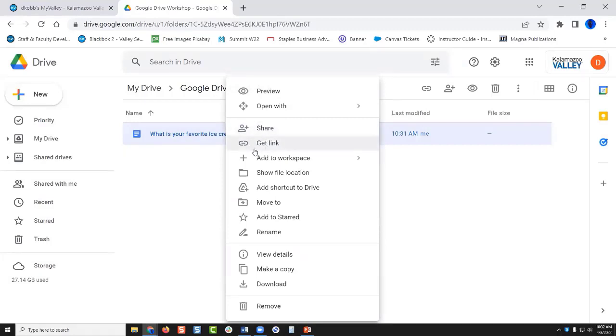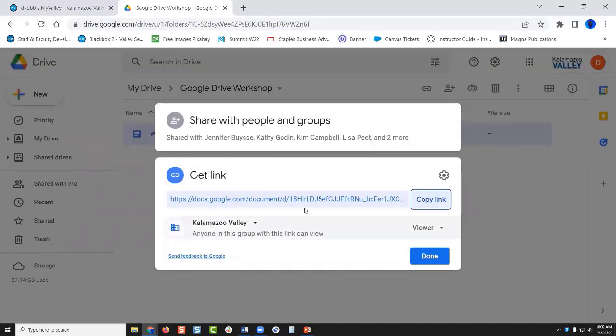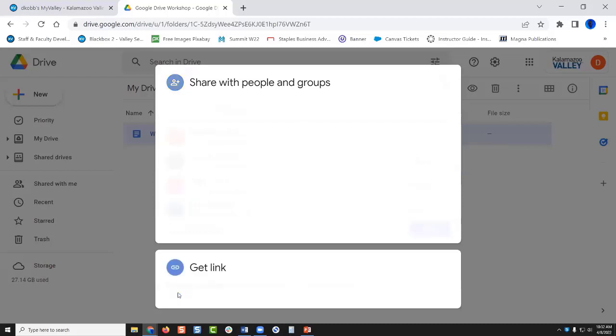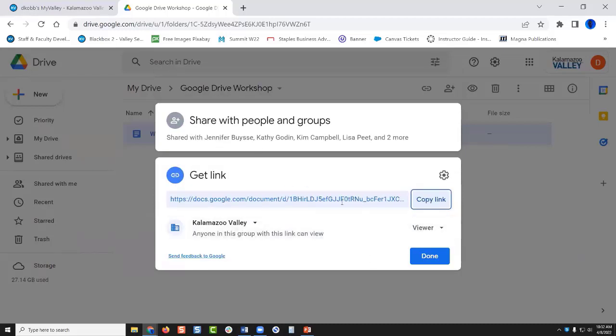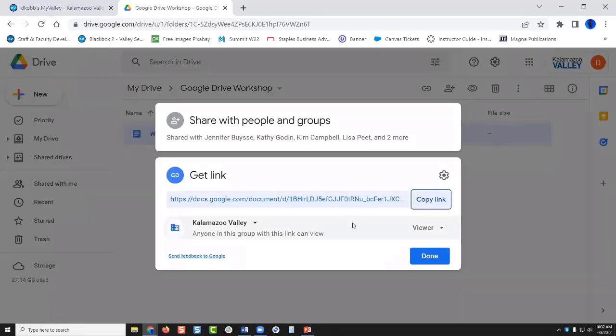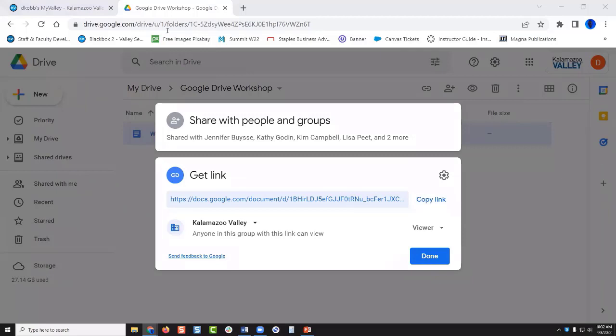You can also get the link for the file with the get link. If all your share settings are correct, well, okay, so that just is where we already were. It's just sometimes there's redundant ways to reach the same thing. So we could reach it from the share by clicking on this, and we see this is the same as that get link page. Either way, they both do the same thing. So you get the link, and you could even put the link in the chat. And that's just one way you all could access this file.